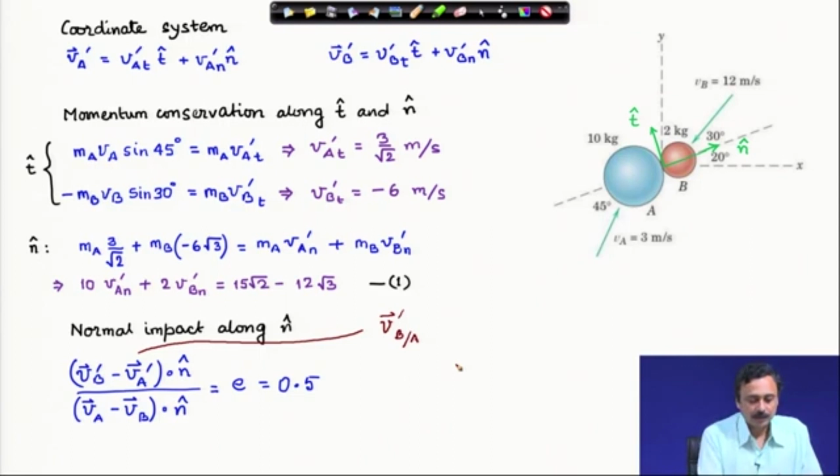How will it look? Here B relative to A means you as an observer are sitting on A and looking at B. After impact, what will you observe? Just think about it, you are sitting on particle A and observing particle B. You will observe, because it is after impact, B moving away from you,